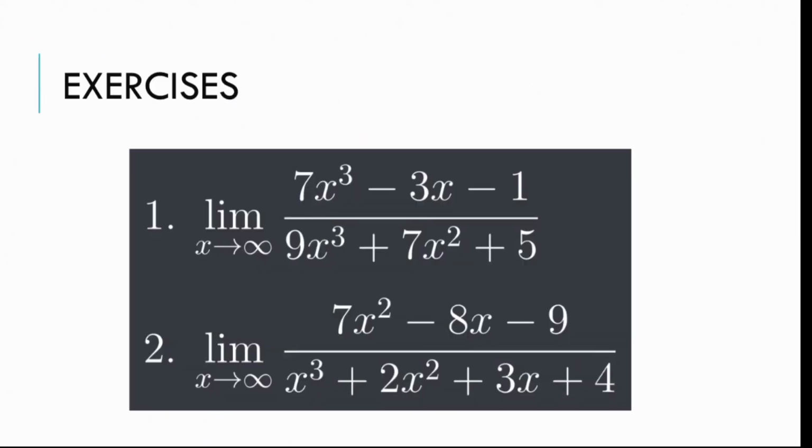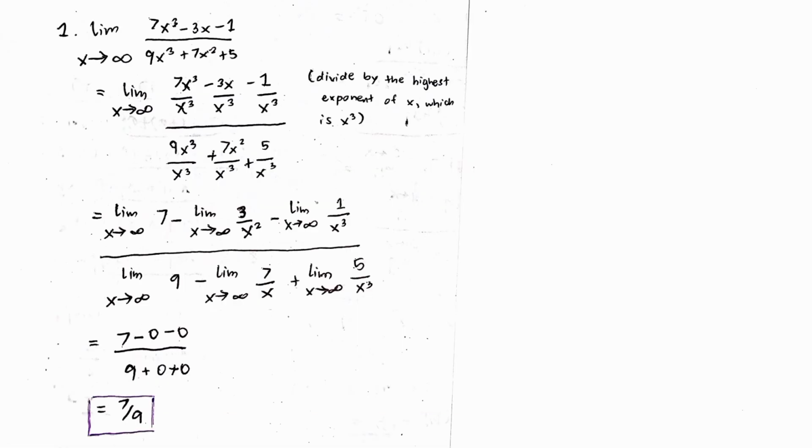Now, the next set of examples is finding the limits at infinity. So, number 1, we have the limit of 7x cubed minus 3x minus 1 all over 9x cubed plus 7x squared plus 5 as x approaches infinity. Now, we have to divide the function by the highest exponent of x, which in this case is x cubed. We now have the limit of